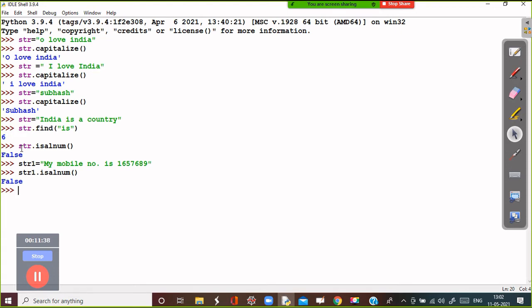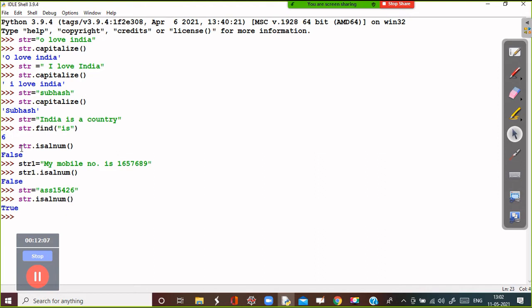So the whole string should be like this. It cannot be a sentence having substrings. So you can write this way, because one symbol is there. Okay, so you can write here string.isalnum.